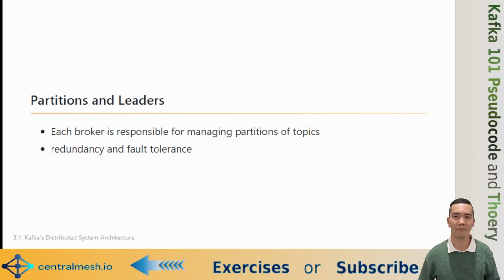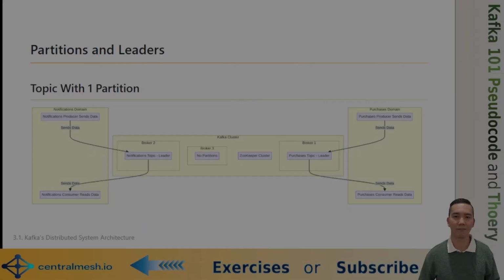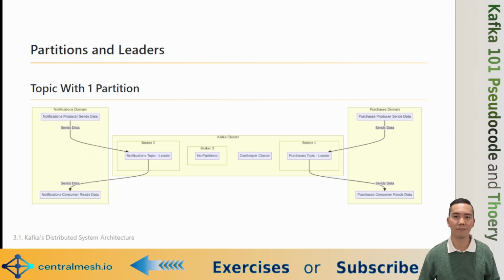Kafka brokers are the core of each distributed system. Each broker is responsible for managing partitions of topics, ensuring redundancy and fault tolerance across the system. Let's visualize three Kafka brokers and two topics, each of which has only one partition first before we dig deeper